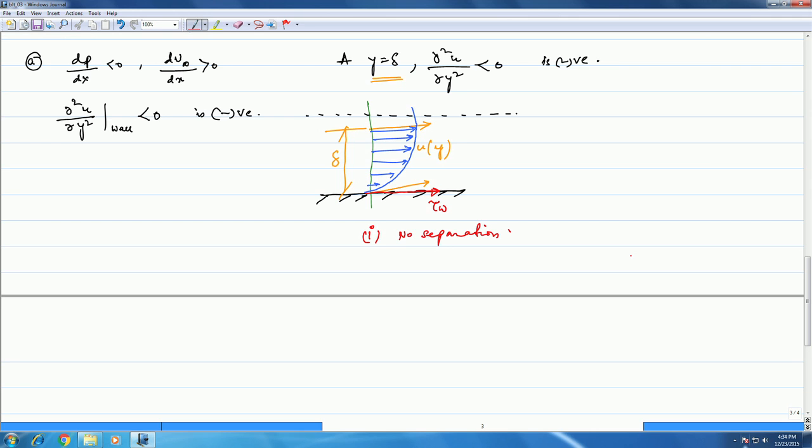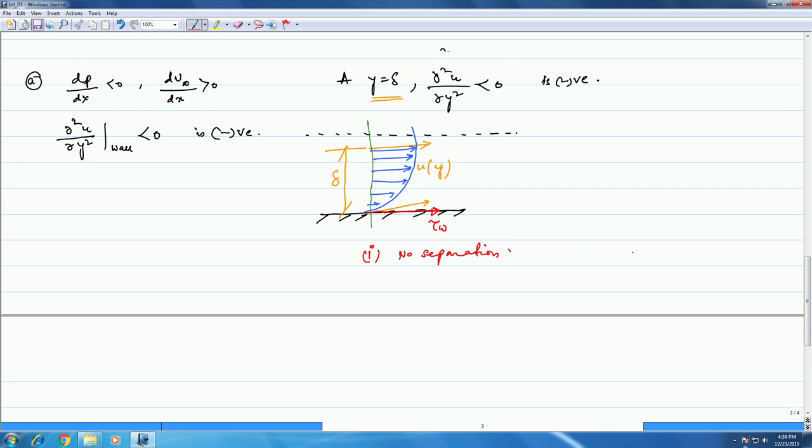Hi, so let's continue with the separation. We were looking at separations. So now, again, we started off with this case. What we're essentially looking at is the